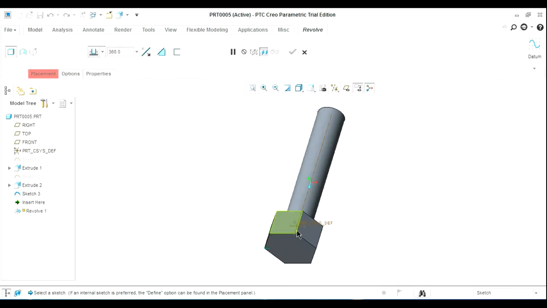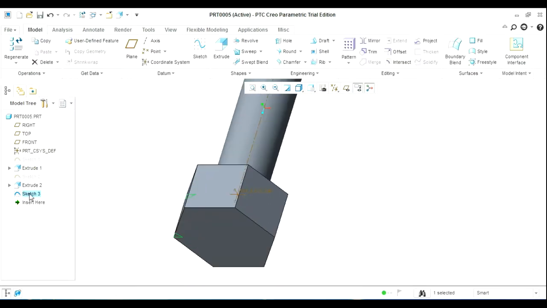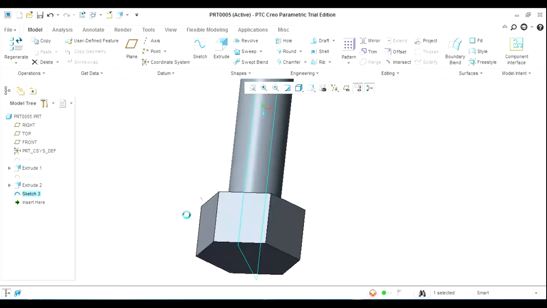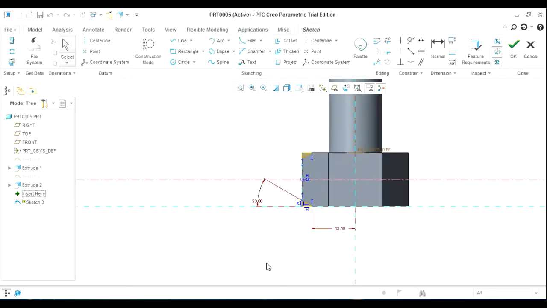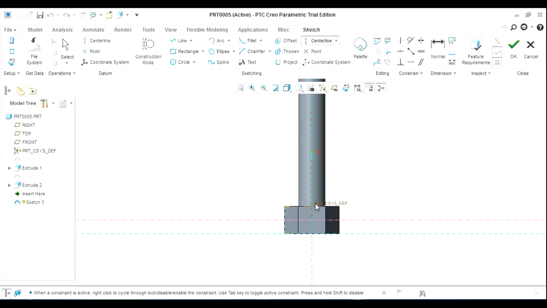So in such a case you have to draw one more center line, which will act as an axis of revolution. You can see on the screen, still the software is not able to take the axis of revolution. So again edit the sketch to draw another center line, which is the axis of revolution.